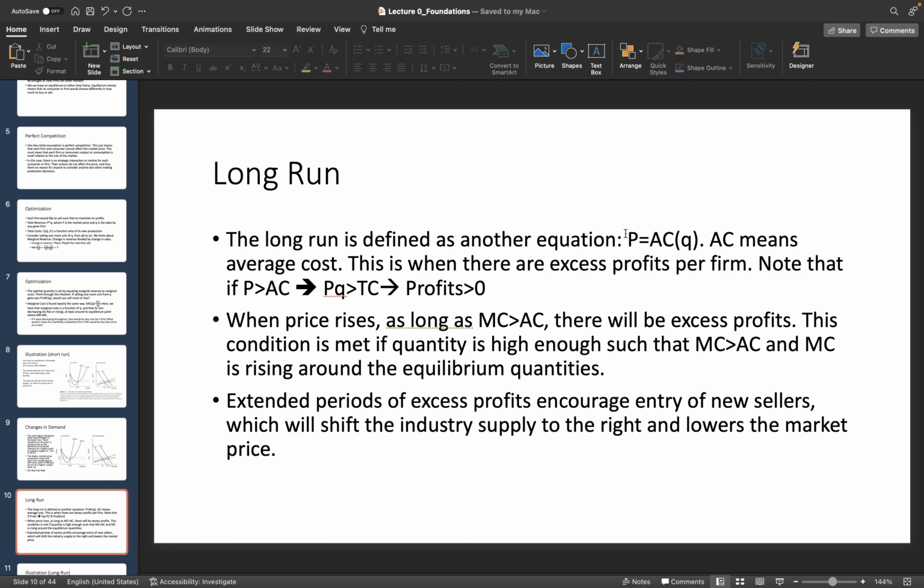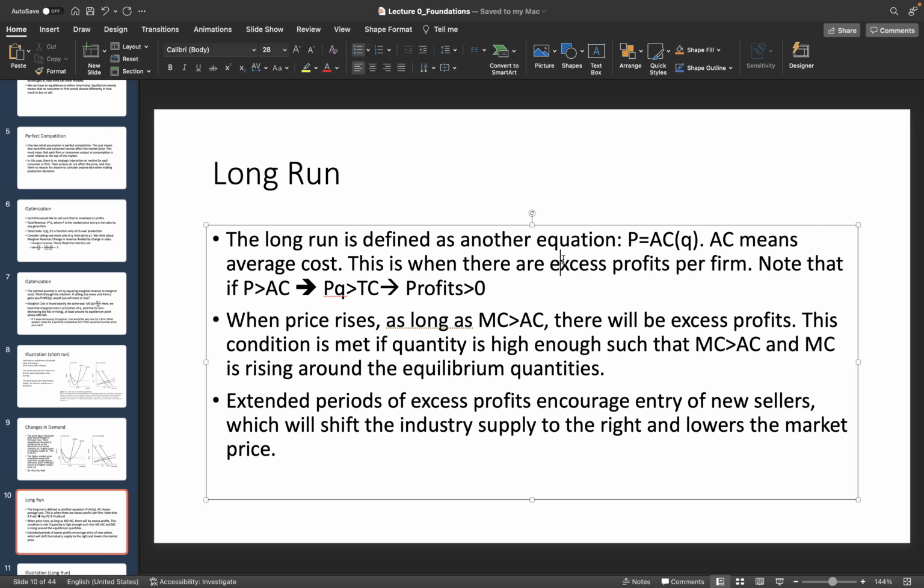Now, AC means average cost. The long run is when there are no excess profits per firm, if P is equal to AC. Note that if P is greater than AC, then PQ is greater than TC, which means there are profits per firm. Now, when price rises, as long as MC is greater than AC, and this is a very interesting condition, we will return to this in a couple of weeks,